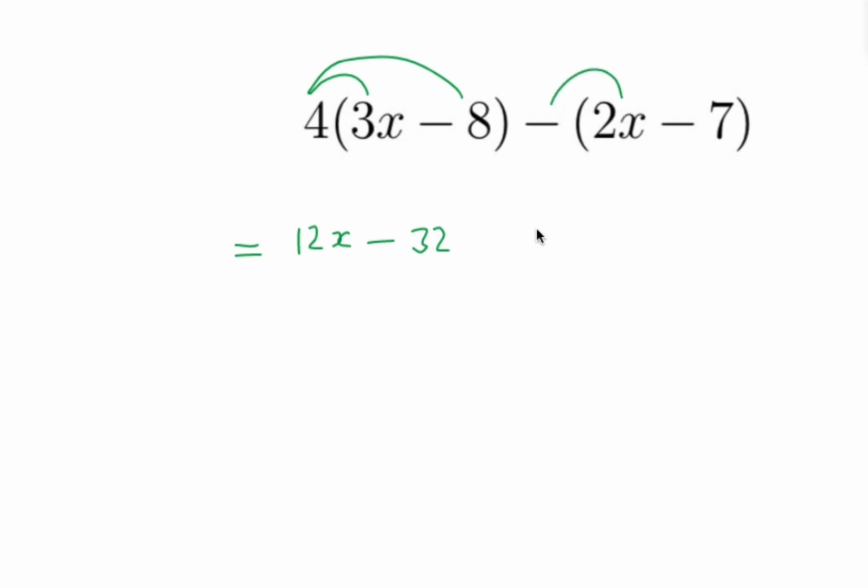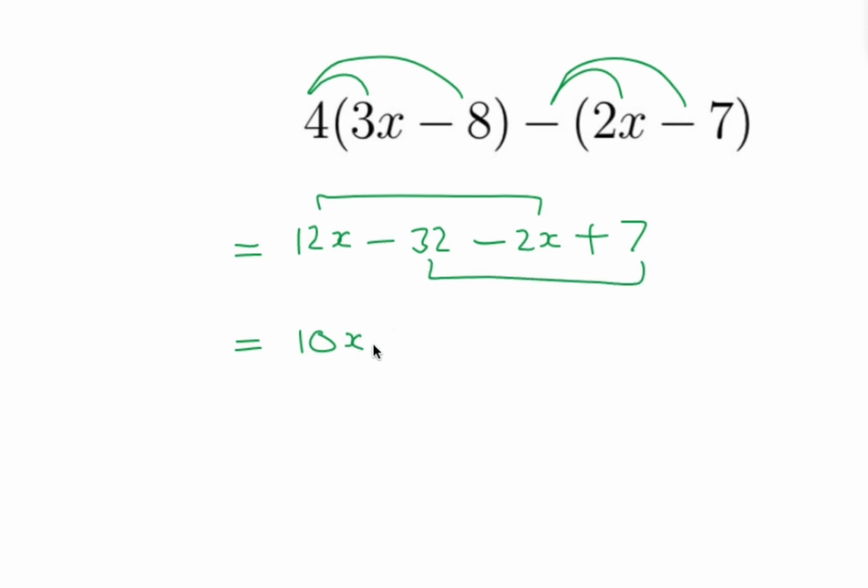Minus multiply with 2x, minus 2x, and minus multiply with minus 7, plus 7. Now we got 4 terms, and check are these like terms? So yes, these are like terms. 12x minus 2x, 10x, and minus 32 plus 7, minus 25. Okay,